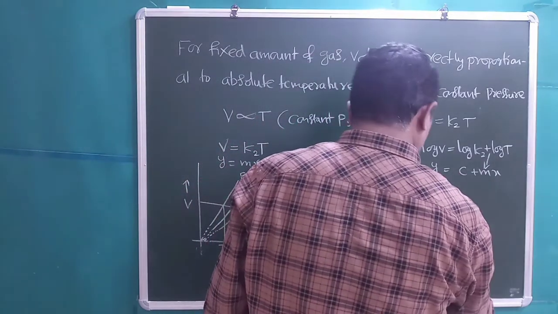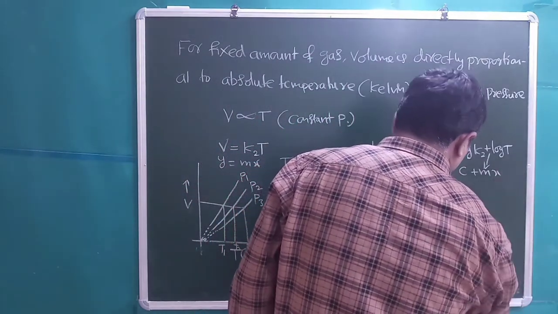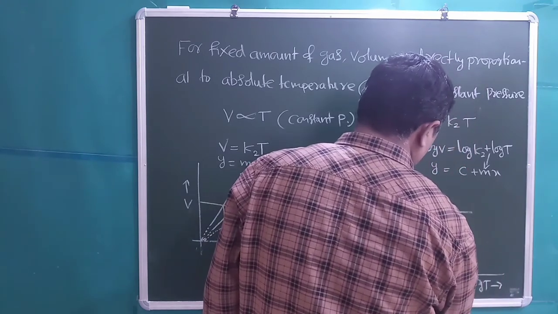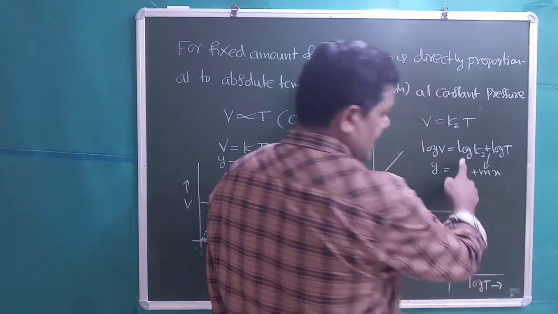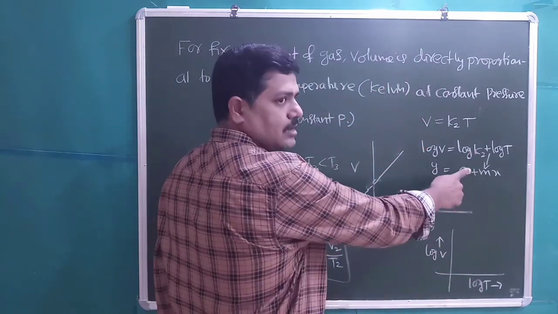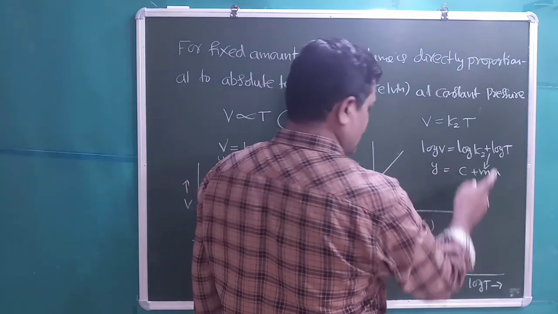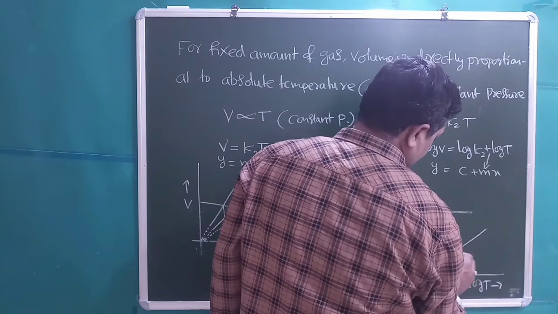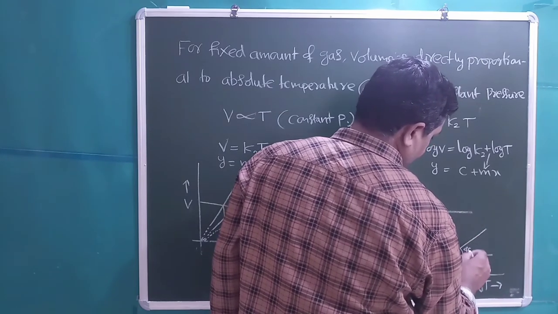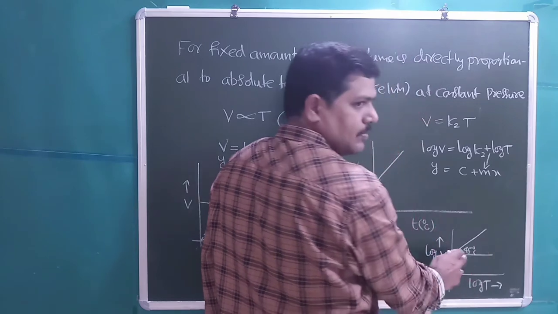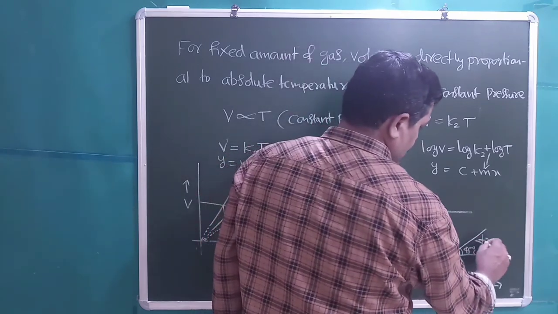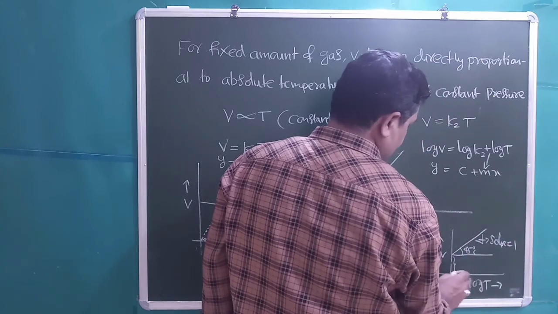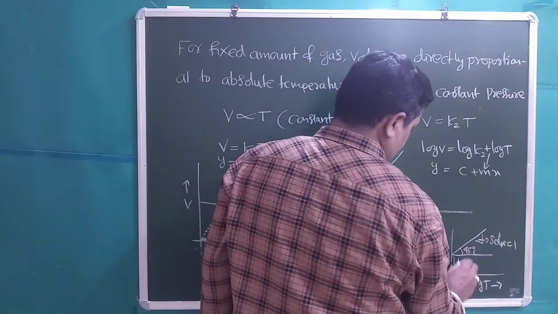So for this, by taking log T on the x-axis and log V on the y-axis, we will get a straight line. This is a straight line equation with the y-intercept of C, which is log K2, right? With the positive slope we will get, right? This angle is 45 degrees, a positive slope which has a slope of 1, and the length of this y-intercept is log K2.